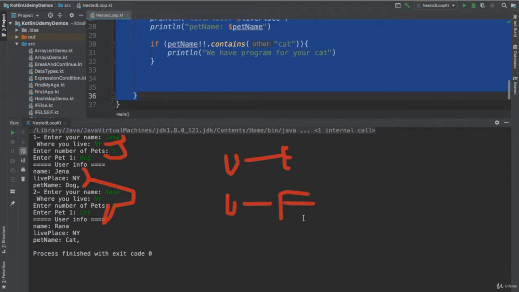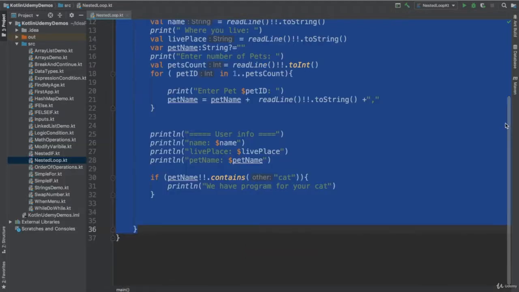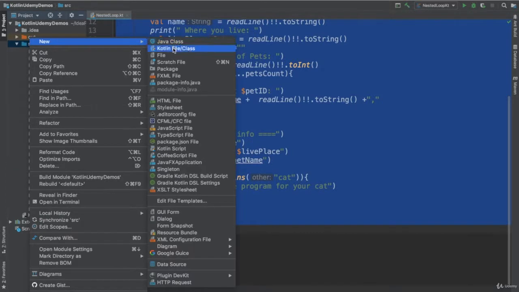So for me, the best data structure I would use is the hash map, because I would assume the users will be unique. So every user will be a key, and his value will be a list of the bits. Okay, that's good. So let me start improving the code by creating a new file, and we will name it